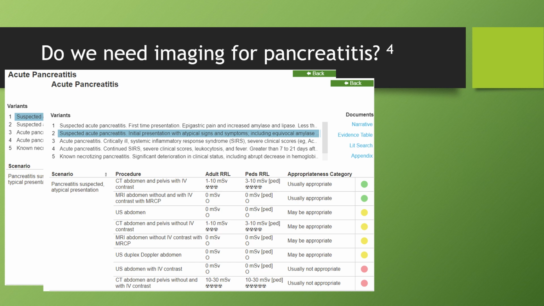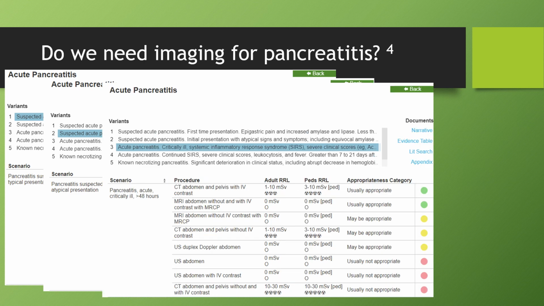But CT abdomen and pelvis with IV contrast is what's recommended. The third variant is acute pancreatitis, but now we're talking about a patient that's critically ill. So they're going through a systemic inflammatory response. They have severe clinical scores. Do we need imaging? Well, the ACR says CT abdomen pelvis with IV contrast or MRI without and with contrast